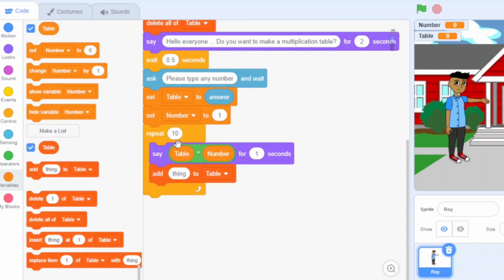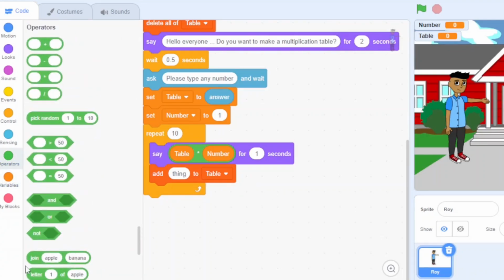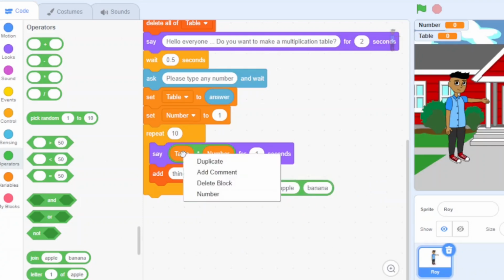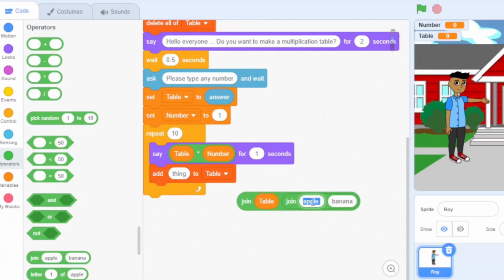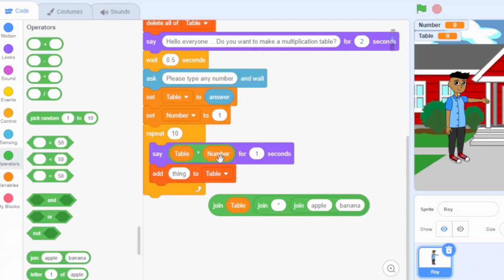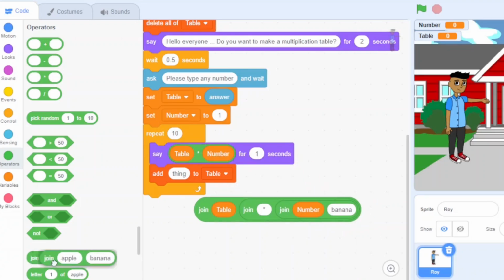Add thing to table. So for that, go to operators and take this join. I'll duplicate this table and then another join I'll take, and over here I'll put a space and then a multiplication sign and then again space, and after this again one more join, and in this join put the number, then one more join, and for the equal to the same thing, space, then equal to sign and then again space.